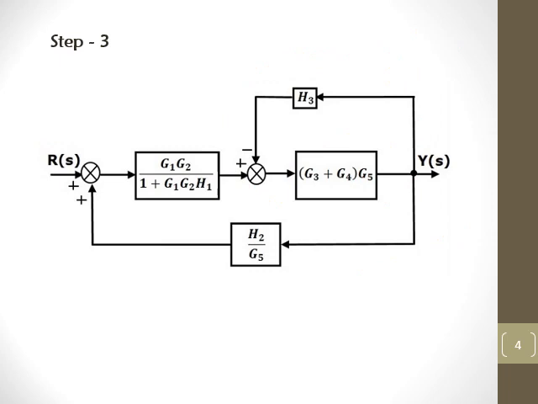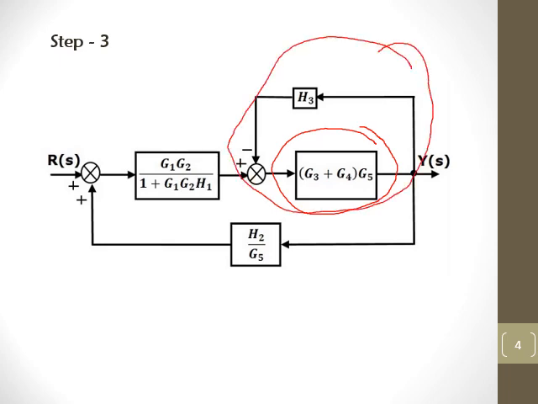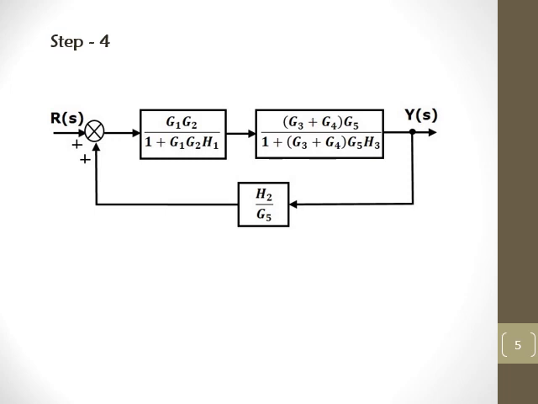Okay, so see the next step. Here actually we got the resultant when two blocks are connected in series. Now we have to eliminate this complete block, so that this block and this block will be in series. So the next step, number 4: eliminating the feedback loop. So we got this block here. Now these two blocks are connected in series, so there will be multiplication of these two blocks.